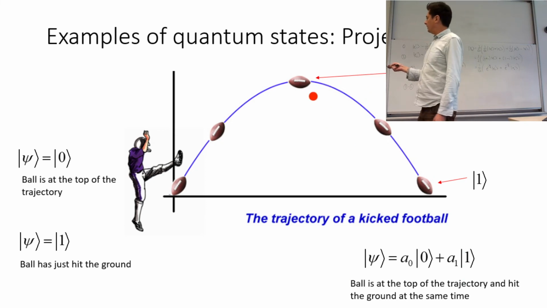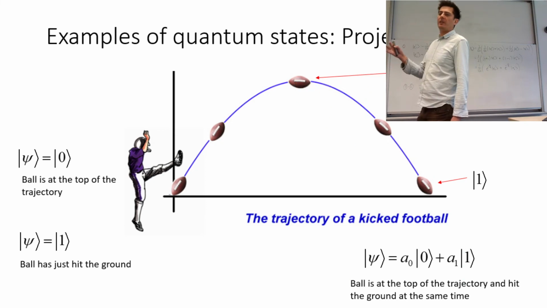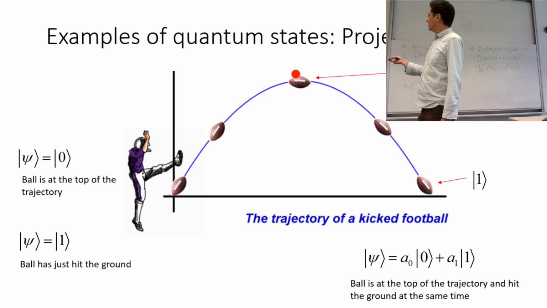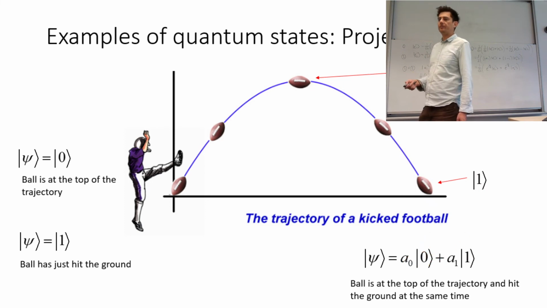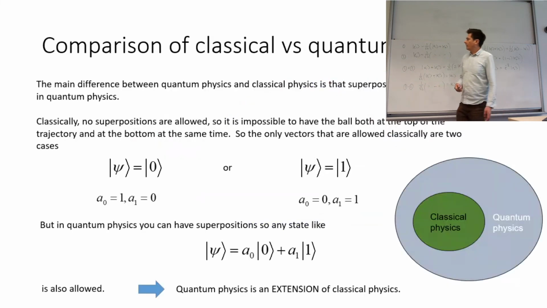You could have a state, very unlikely, but you could have quantum mechanically a state that's both at the top of the trajectory and at the bottom. And that's basically what that state there would mean. It's partially in the top, partially in the bottom. Okay, so